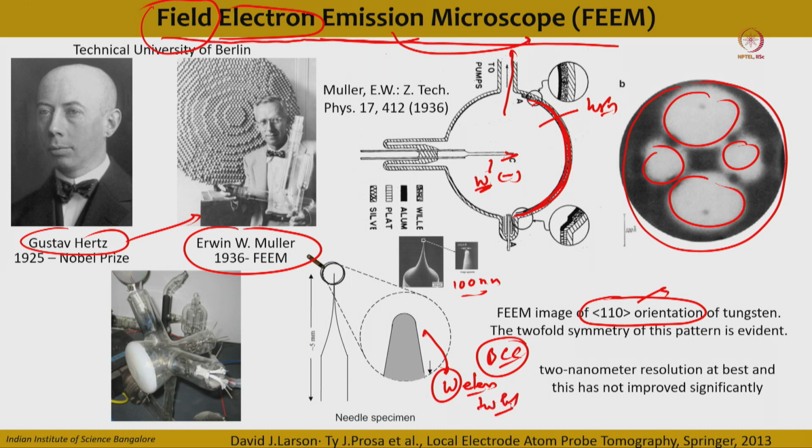Exactly in this image, the bright diffused spots or contrast also show a two-fold symmetry. These are the electrons accelerated onto and recorded on the phosphor screen. With this microscope he achieved a resolution of not more than 2 nanometers, and he was the first person to design this